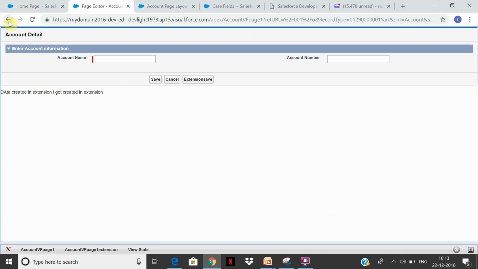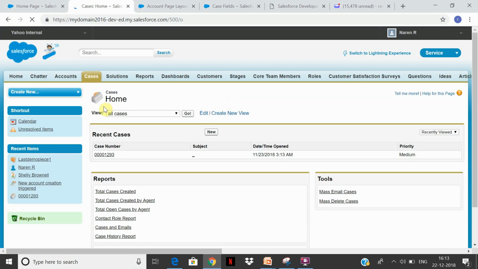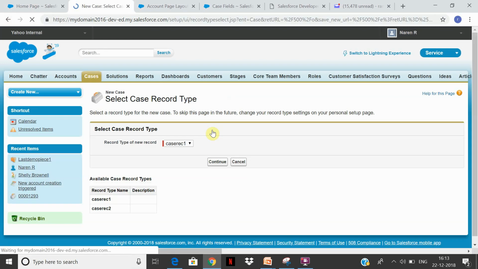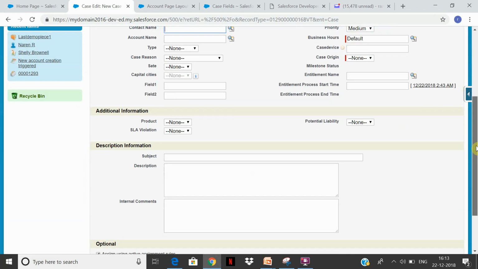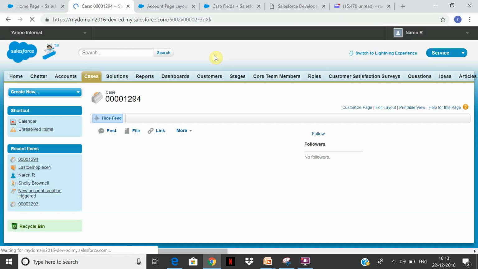Okay, so now in my case, I'm getting a different UI because I have overridden that. So let's look at cases. And if I have a new case, yeah, so this is the layout, right? So I can fill the fields here. This is like any UI form. I can select escalated, default, case origin, phone. In your case, you may not have accounts and contacts created by default, so maybe you have to create them. So if you save here, it will save the record and come back here.